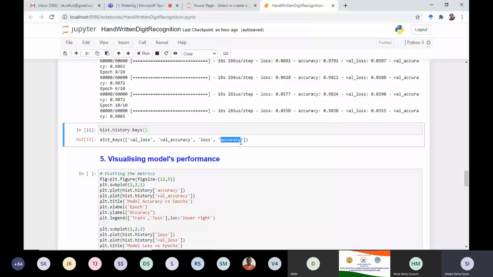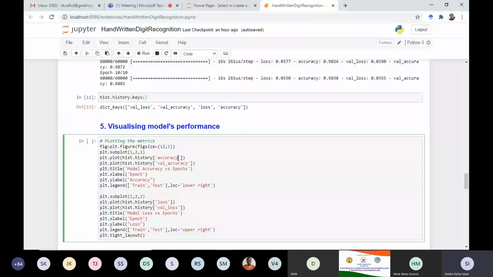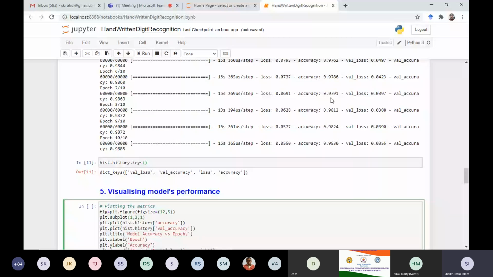That will be used to plot accuracy. So we understand that it was previously acc and I got an error, so that's why I executed this and found that this is actually accuracy.